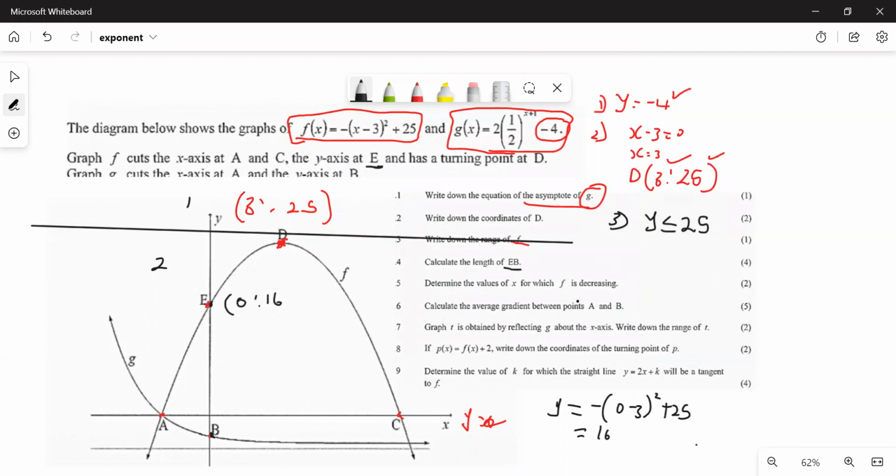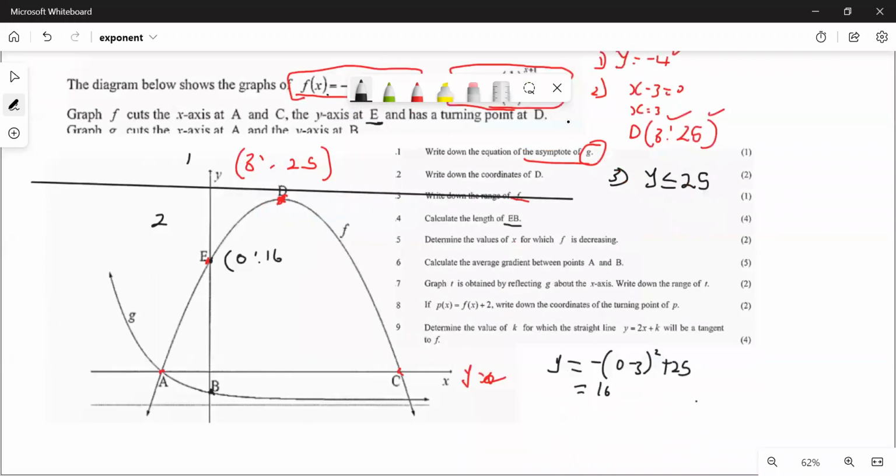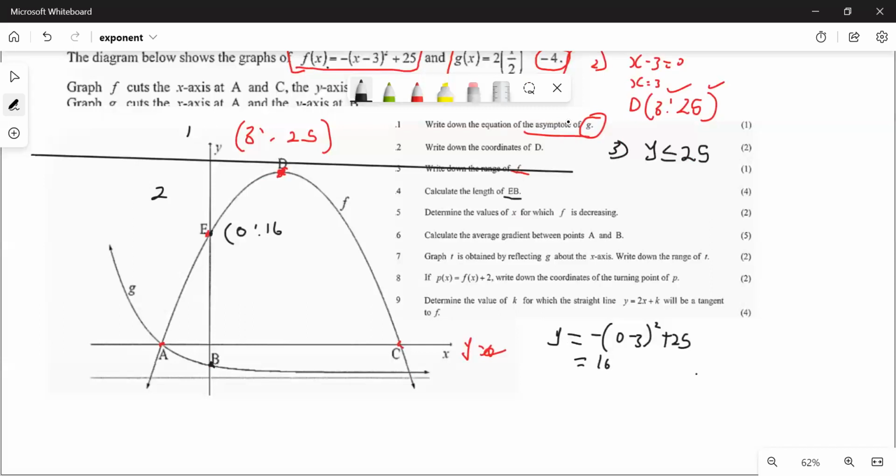We are still fine. Okay, what else do we need to know? We need to know what is going to be this thing here, which is the y-intercept. Is the y-intercept of what? Of G. So if you want to get this one, you're no longer going to use F, but you're going to use G. Let's go and use G then. If we use G, we're going to say we have y, which is going to be equal to 2